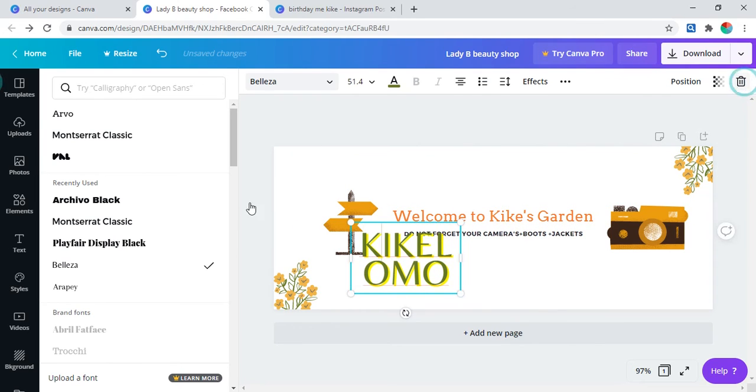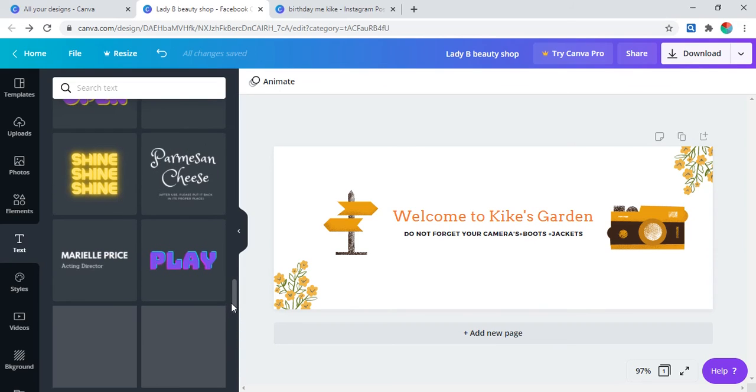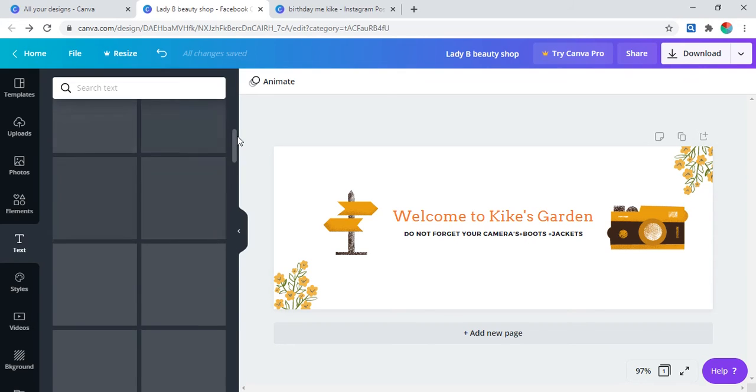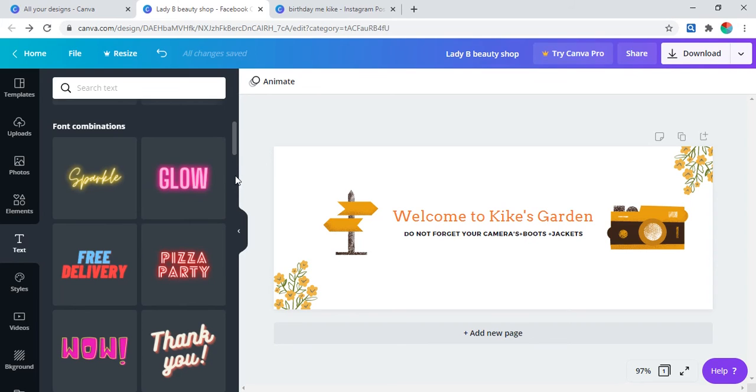I change the font, but that design that is with it is still there. So sometimes if you want any of the ready-mades that you like, why not? Please go with it. Make your life easy. You don't have to spend a lot of time editing and designing and designing. Some of the ready-made templates are just good to go for you and you are done. So that's that for text, and you can have as many texts, some big sizes, some small sizes, as many colors. Just ensure that when you're making designs, let your designs be beautiful and straightforward,